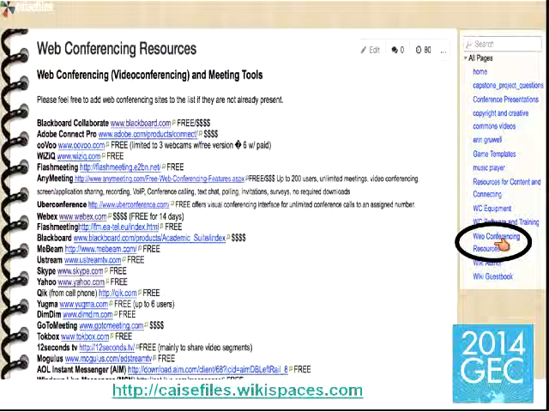And on the web conferencing page, this list is much, much longer, but these are the different platforms that you can use to have a web conference. So in your mystery adventure quest, or if you're just having a web conference, you can use some of these different web conferencing platforms to be able to meet with another class and make those connections.